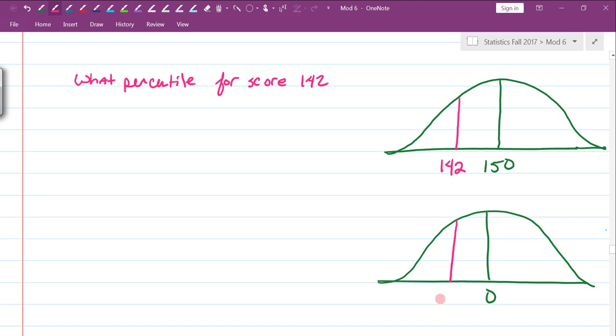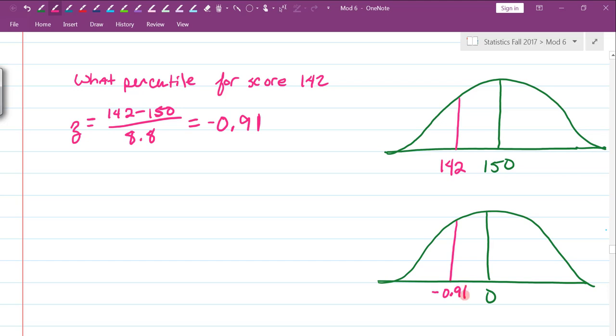So z is going to be equal to 142 minus 150 divided by 8.8, and that is going to be equal to negative 0.909, which makes that a 1. So negative